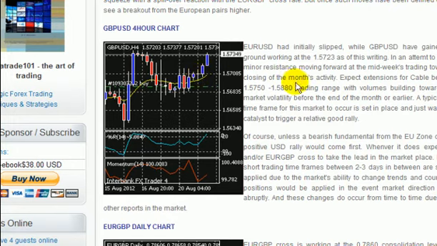However, the extensions here for cable beyond the 1.5750 and 1.5880 trading range, with enough volumes building towards some market volatility before the end of the month or earlier,